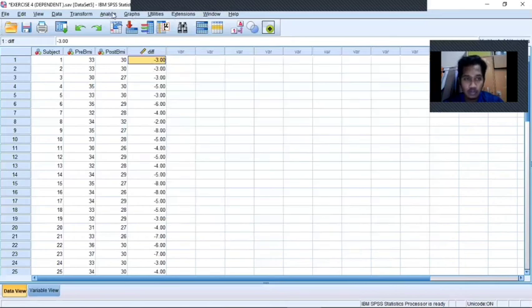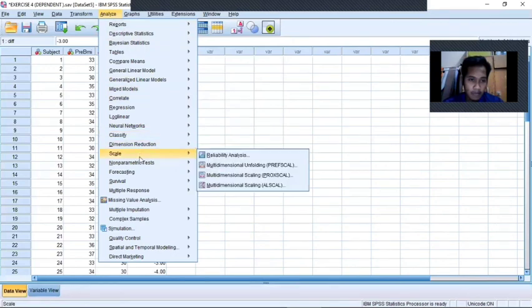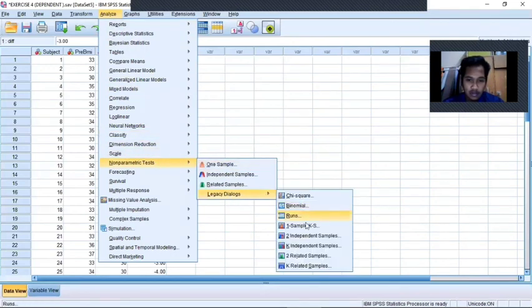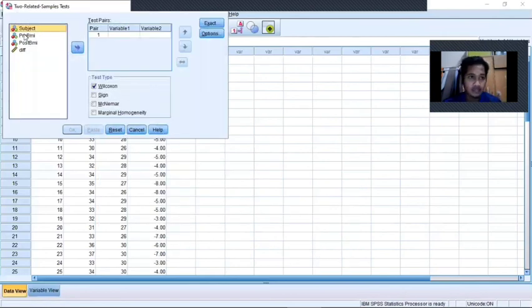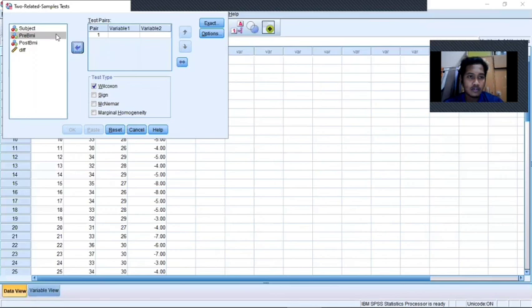So for the non-parametric, we analyze, non-parametric, legacy dialog, and two related samples. And same, we put the pre and post, and then continue.